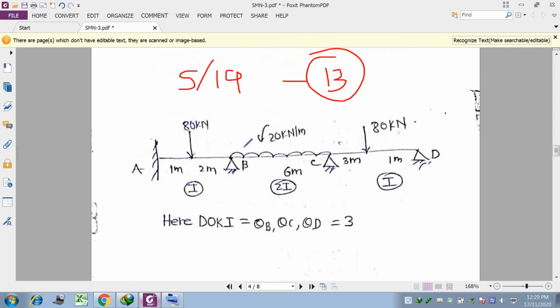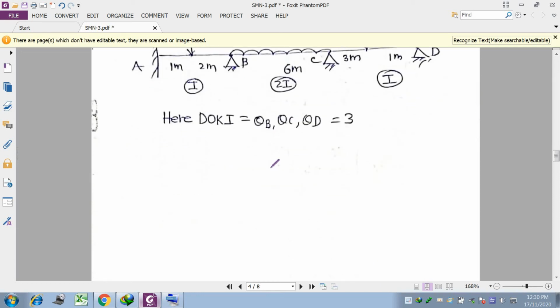Okay. Now here one more important part is that the factor of I, that is, the moment of inertia factor, for the members is not the same. If you see, members AB and CD have the same I, whereas member BC has 2I. So this I factor you have to consider very carefully while calculating your structural matrix. Okay, so let us see.